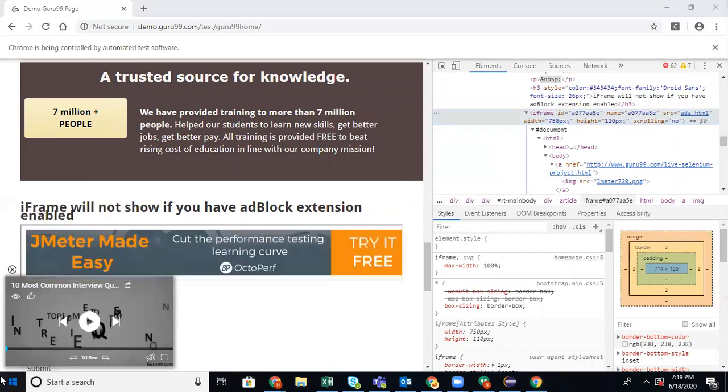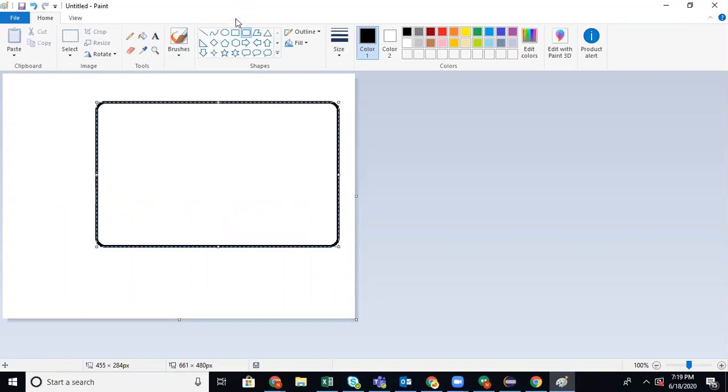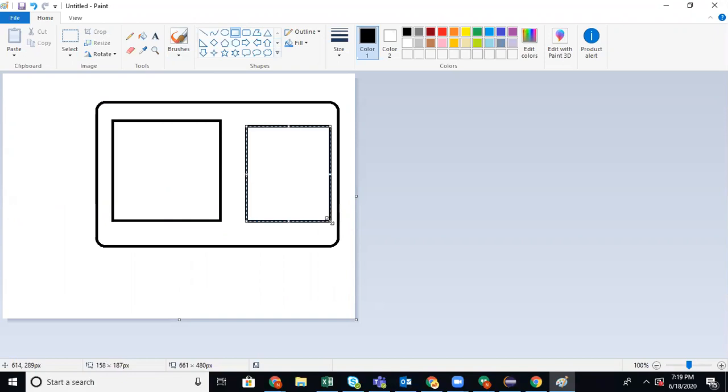What is meant by a frame is that the home page will look like this. The developer will create one invisible window or invisible division of the page, which is called a frame. This will be frame 1 and this will be frame 2, and the entire thing will be one page. The control will be here when you access it. If you want to access something inside the frame, first you have to switch to this frame and then access the component here.